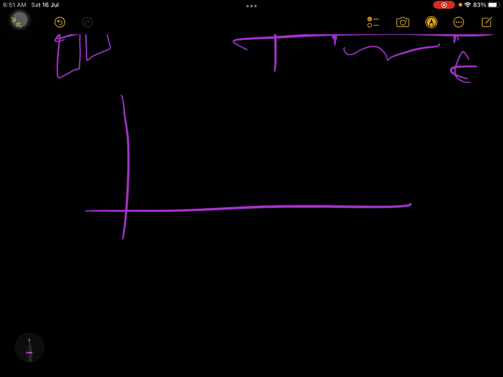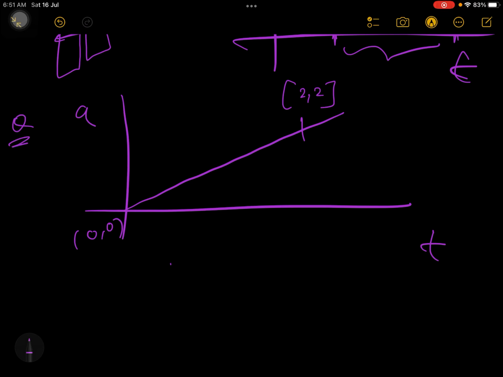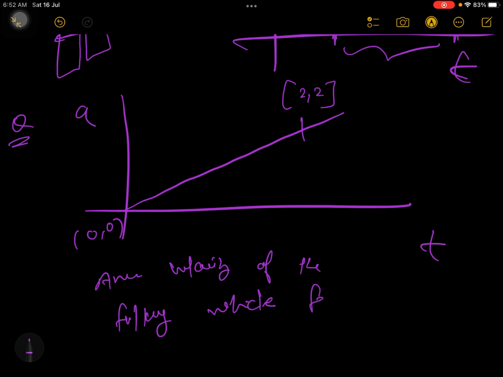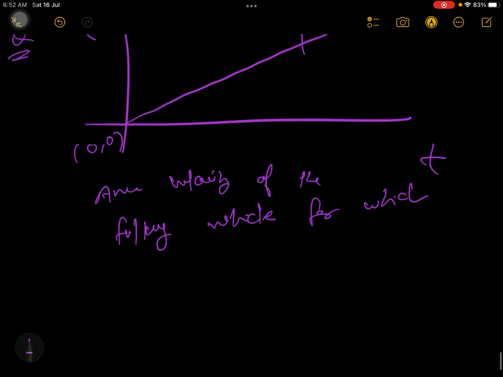Okay, so let's understand one very basic example. I am giving you an AT graph like this, and this is your 0, 0 origin always, and I am giving this coordinate as 2, 2. This is the question: the average velocity of the following vehicle for which this graph is given will be